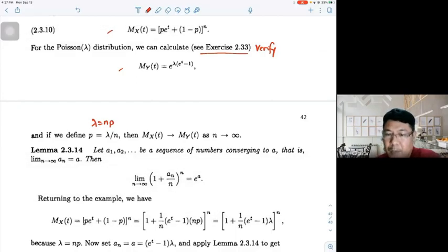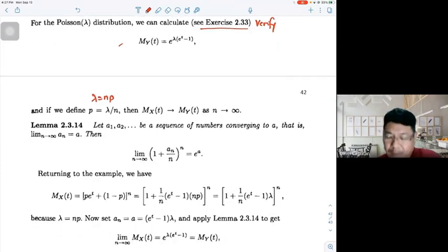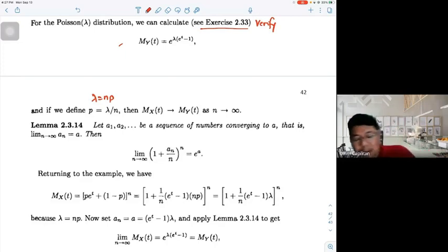Okay, then it says here that the limit of the expression, the nth power of 1 plus a sub n over n, as n approaches infinity will be equal to e to the a. We're going to need to verify, no? This is a lemma, and then we're going to use this